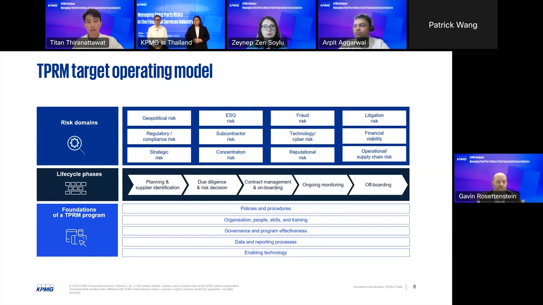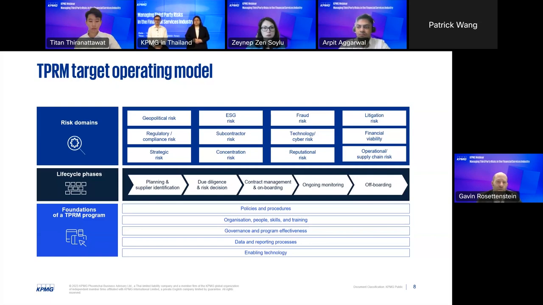And how do you set that in your policies and procedures around what is required, who does what, the handover points, etc. as well? That'll include skills and capability, and that'll allow the business to be able to ensure that they've got the appropriate information to then make decisions and act accordingly in terms of what the risks are as it relates to the service providers, third parties. The governance and the program effectiveness, that's twofold.